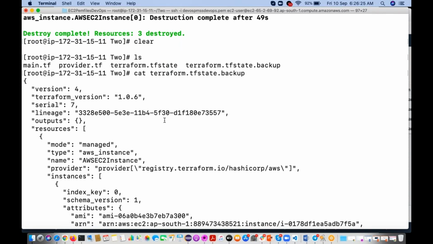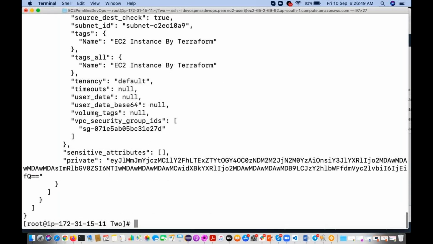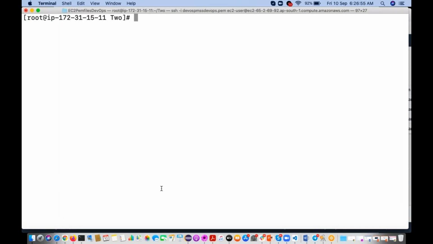This is another state file it maintains, but it does not use it. The main one contains the latest state, whatever was executed, but this backup contains the information of all the executions. Clear? Is recovery possible from the backup file? No. Once we delete the Terraform state file, you are not able to.